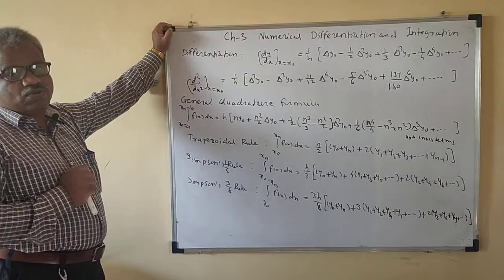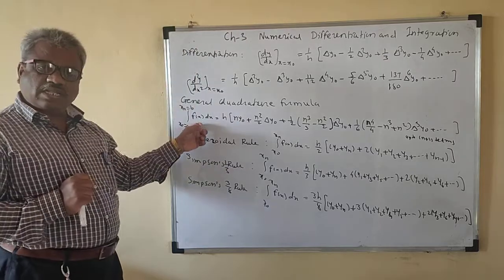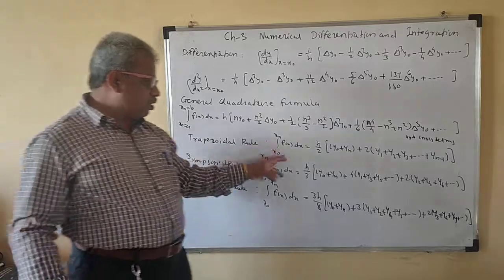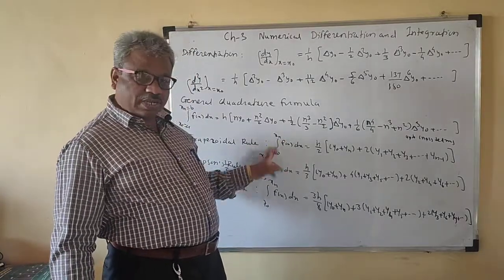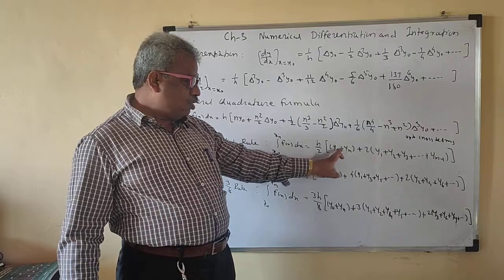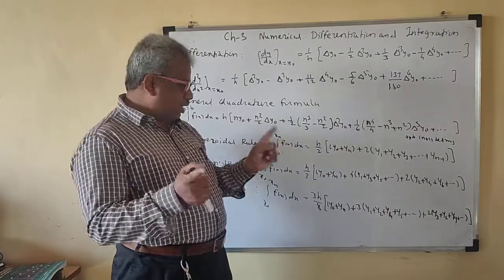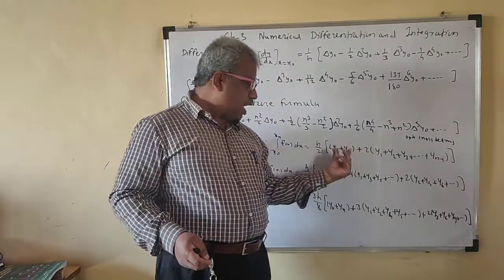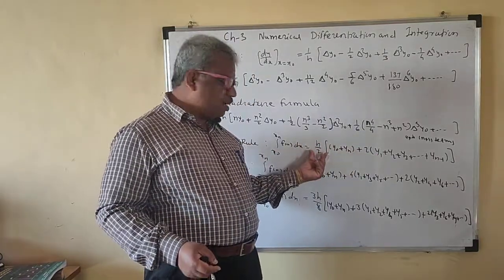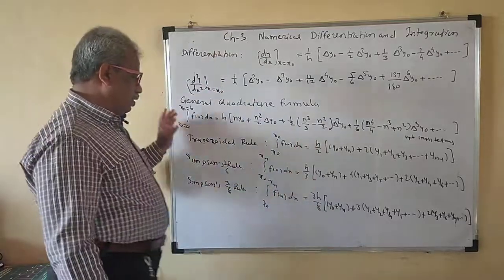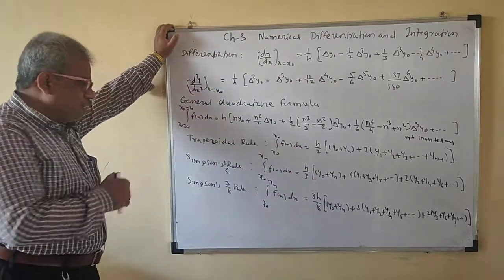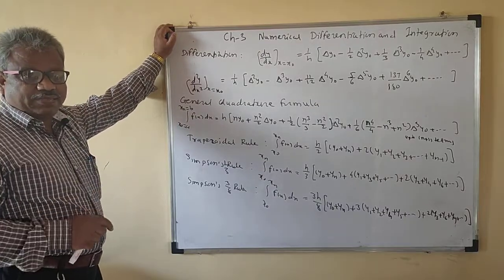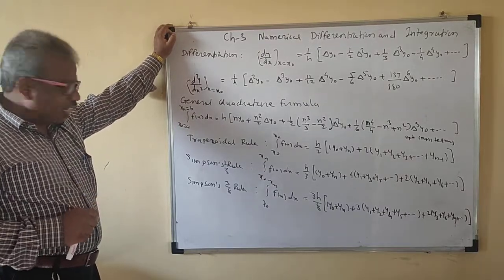If you put n is equal to 1 in the general quadrature formula, we get the trapezoidal rule, and that trapezoidal rule is integration from a to b, h by 2 times y naught plus yn. So you have to add the extreme points, take the sum of the middle ones and take twice of that, add it in, and multiply by h by 2, and you get the value of this integration. So the trapezoidal rule is nothing but the sum of the areas of the trapezium.